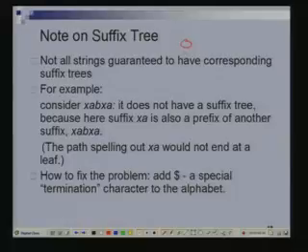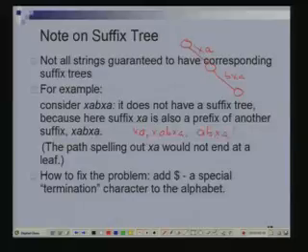राइट, इसका हमने बनाया एक्स ए और फिर बी एक्स ए यहां पे आ गया, ठीक है। इसका एक सफिक्स है एक्स ए, एक सफिक्स एक्स ए बी एक्स ए है। ऑफ कोर्स बाकी सफिक्स हैं ए बी एक्स ए, बी एक्स ए एंड ए, उनको भी हम इग्नोर कर रहे हैं। तो मतलब बाकी का ट्री हमारा होगा एक्चुअली